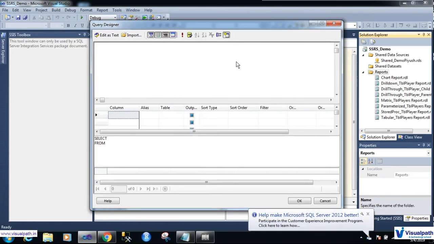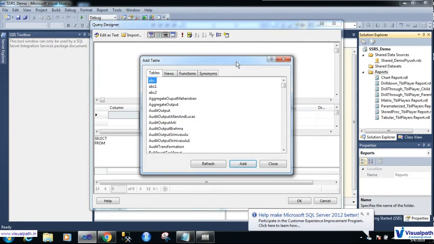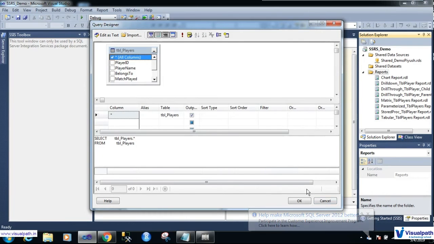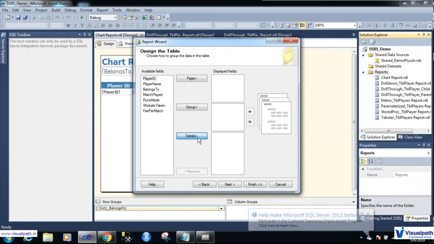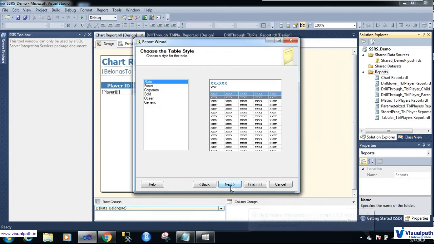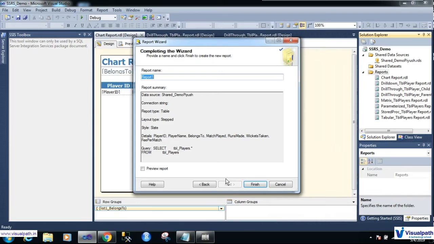I will click on add table. I will take the table players, add, and take all the columns here. Next, tabular is okay. I will take all the fields in details, next, and I will name it demo report. Click on finish.